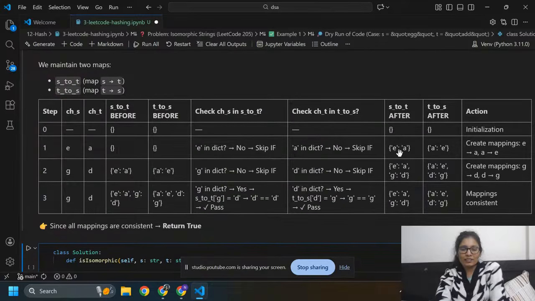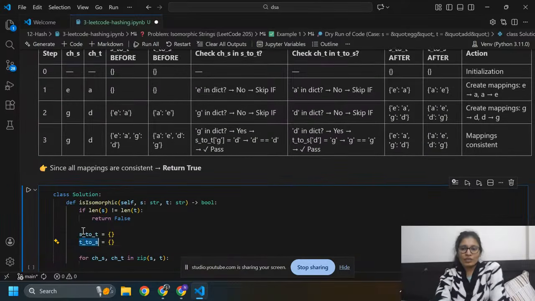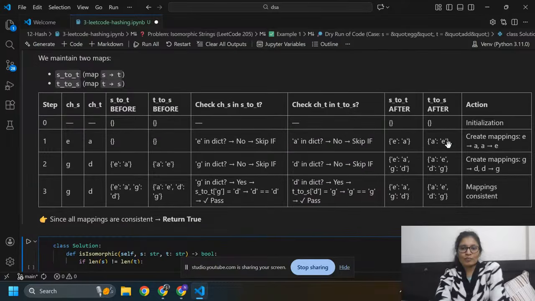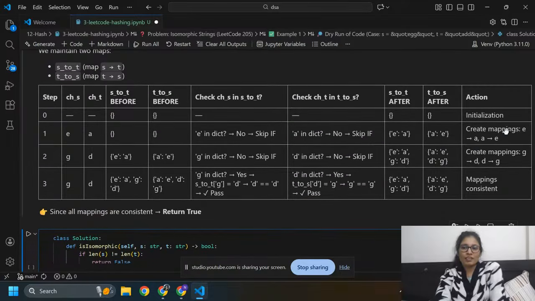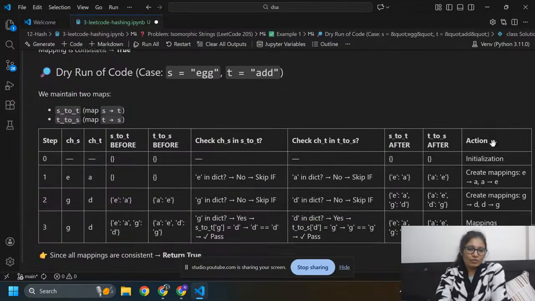Okay, E to A here in S to T. And in T to S, I'm going to map A with E like this. Create the mapping E to A and A to E here. Okay, again we are going to use